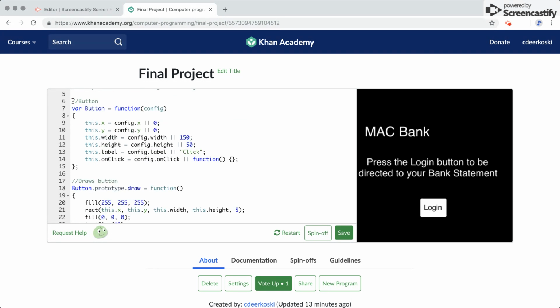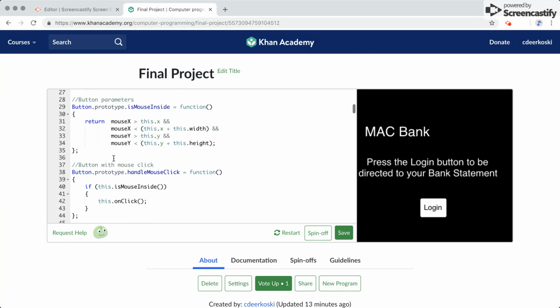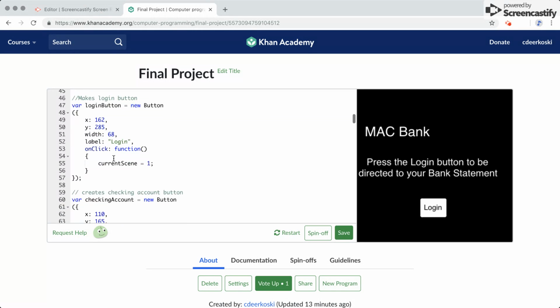This is the button object class, so if I keep scrolling, it just sets the parameters for a button. So I made a new button here, which is the login button, the X and Y, the width, the label, and when it's on click, the current scene will be 1. So this login button,